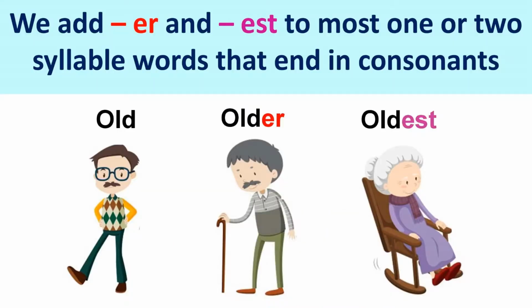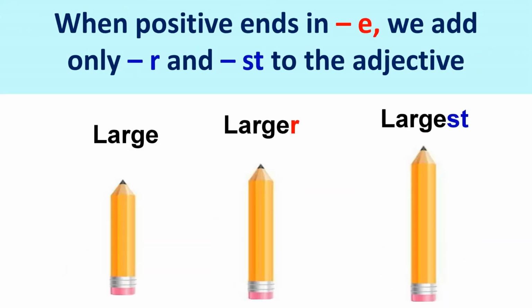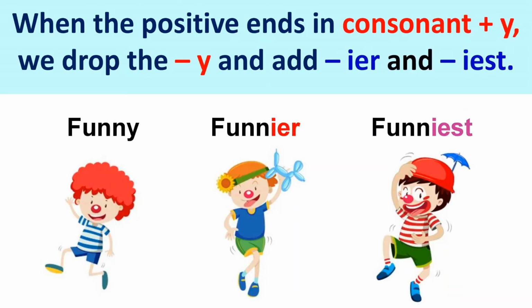We add er and est to most 1 or 2 syllable words that end in consonants. Example: old, older, oldest. When positive ends in e, we add only r and st to the adjective. Example: large, larger, largest. When the positive ends in consonant plus y, we drop the y and add ier and